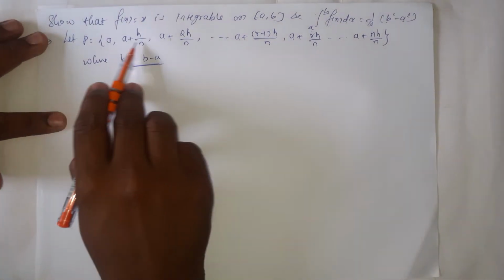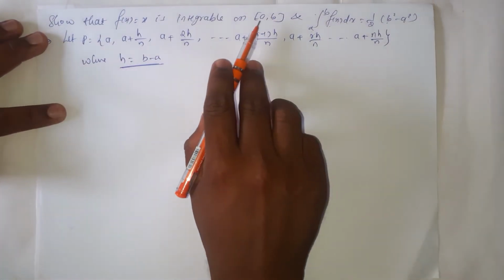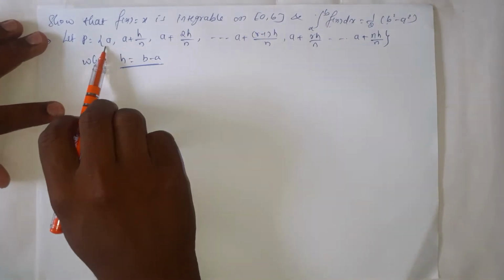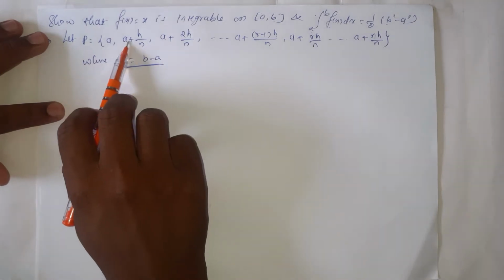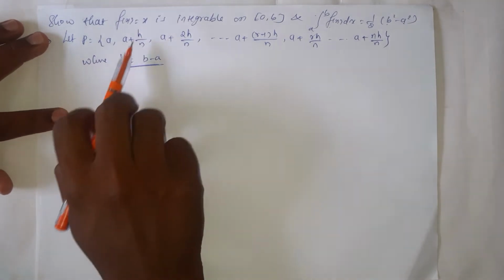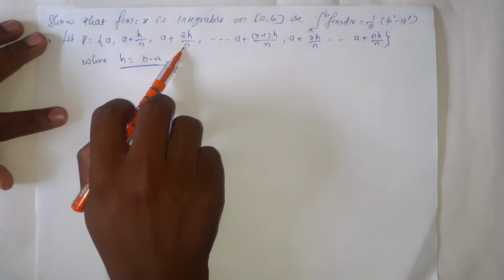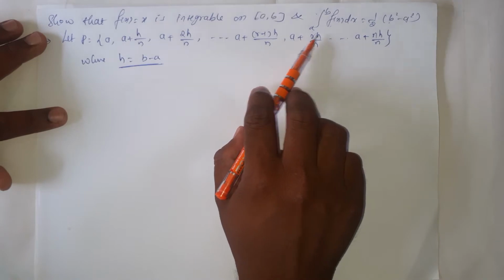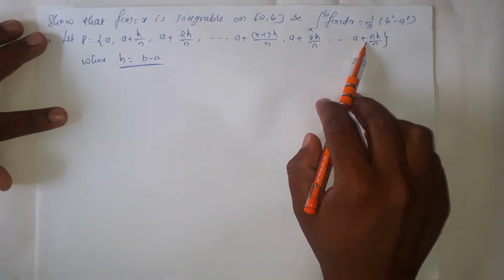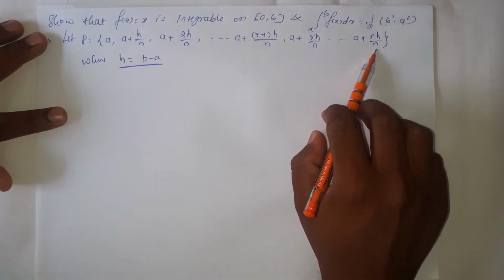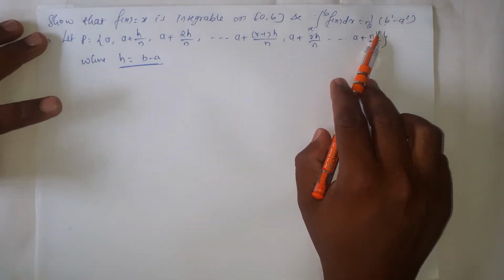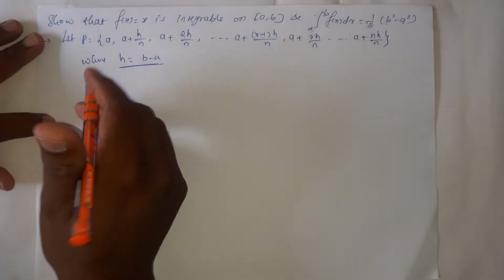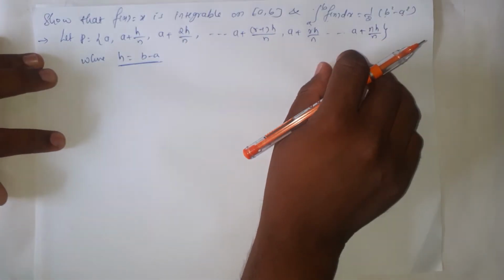So already we know how to divide the given interval [a, b] into n equal parts. The first point must be as it is, that is a, then a plus (b minus a) by n, that is h, then 2 times (b minus a) by n, and so on, (r minus 1) times (b minus a) by n, then r times (b minus a) by n, and finally a plus n times (b minus a) divided by n. So this total becomes the upper limit of the given interval, that is equal to b. So therefore here this is our partition.